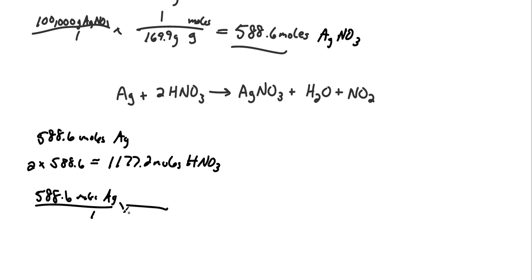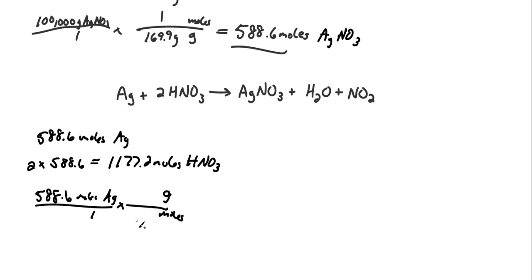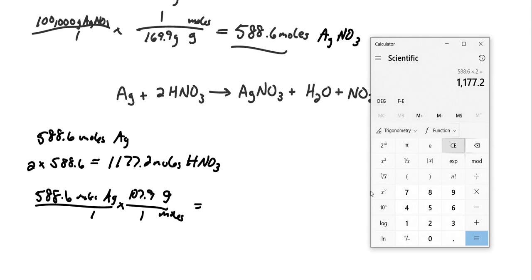We want to get rid of moles, and we want to get grams. So we know that 1 mole is 107.9 grams. So if we take our 588.6 and multiply it by our 107.9,